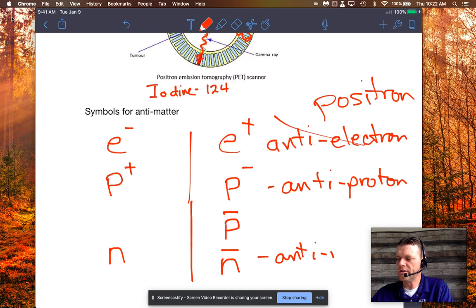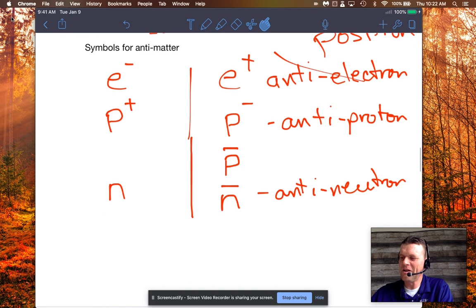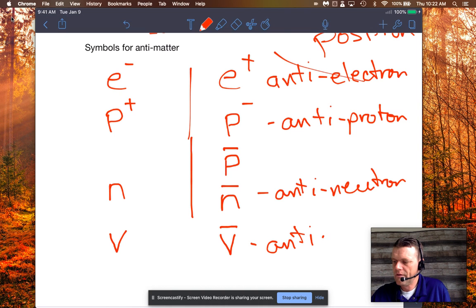So the pattern is consistent. Now, hey, you might remember this because we've studied it already. We came across a particle called a neutrino. In beta positive decay, you make a neutrino. It's an insanely small bit of matter, but they gave it the name of a neutrino. Now, if you make an antineutrino, this we have seen. It's a v with a bar over it, and that's what the bar is. The bar shows antimatter. So this is an antineutrino.